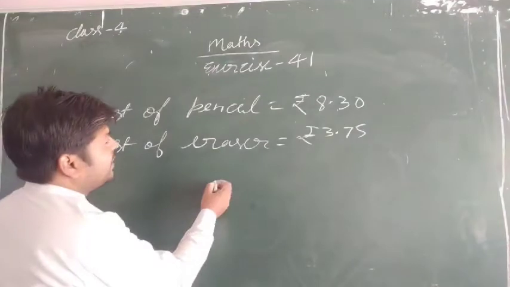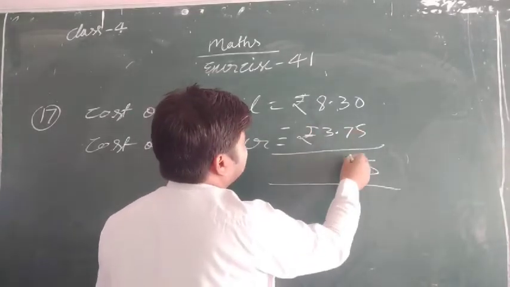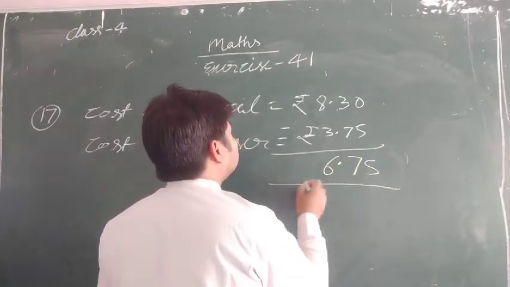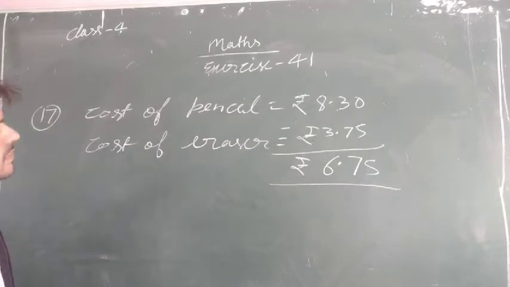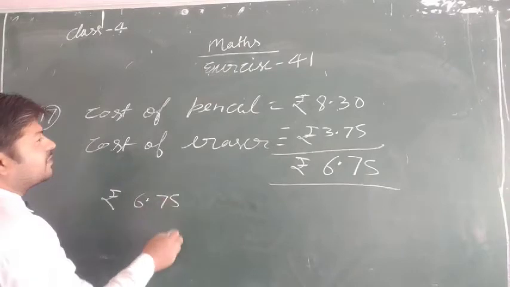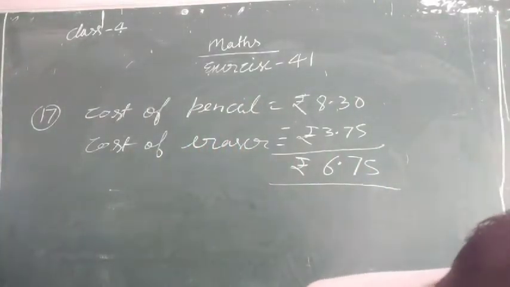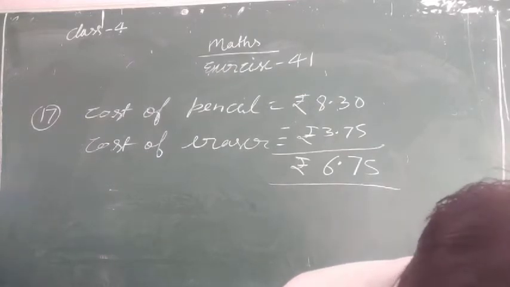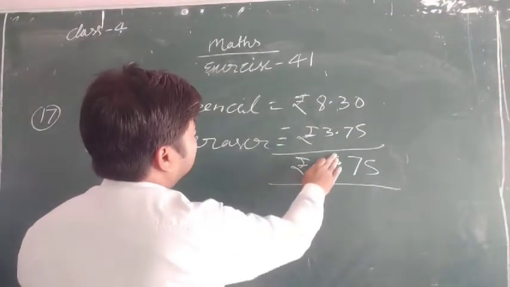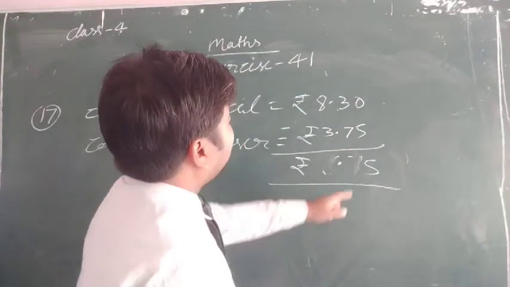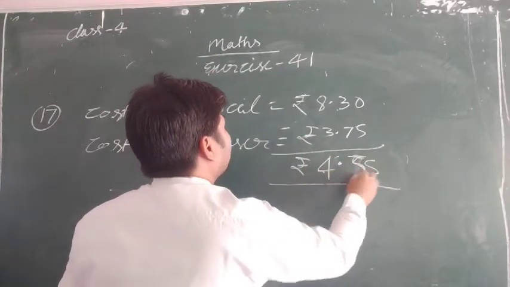So now you subtract it. 10 minus 5 is 5 and 12 minus 7 is 5, 7 minus 3 is 4, so 4.55. Sorry, my earlier calculation was wrong: 10 minus 5 is 5 and this will be 12 minus 7, 5, and it will be 7. 7 minus 3, 4.55.